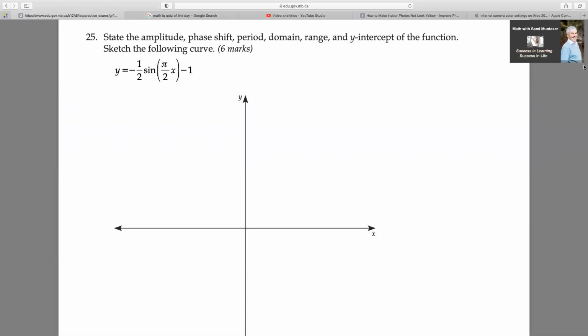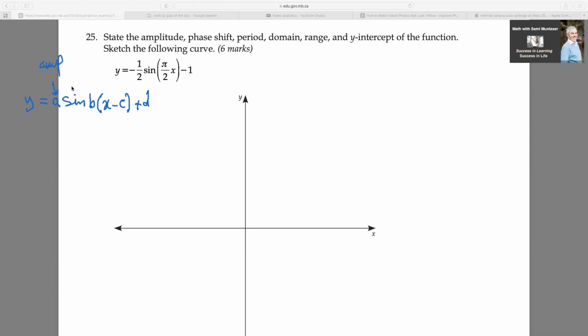So here's this question right here. It's graphing trig ratios. We know y equals a sine b x minus c plus d, where a is the amplitude, c is the phase shift, d is the vertical displacement,